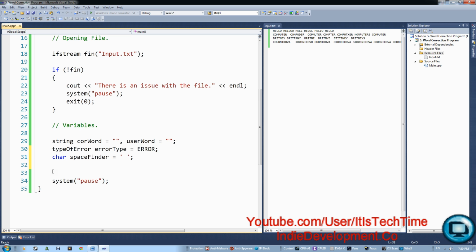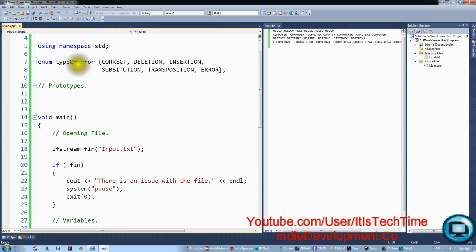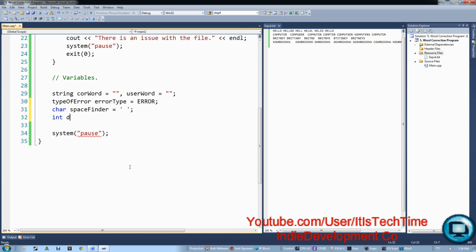Now we have the char, the space finder, and we're also going to have integer and 6 counters as we have in the enum right in here. So let's make the counters. Deletion counter, so like that, del counter equals 0, and we're going to have insertion counter equals 0. We're going to have transposition counter equals 0, and let's put an enter and go on the next line, and sub counter for substitution